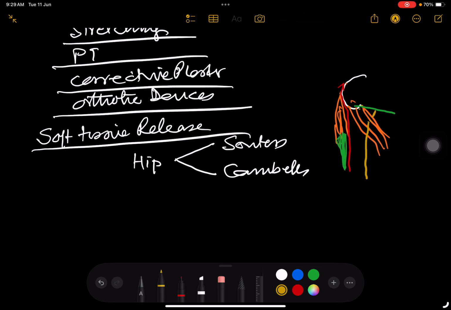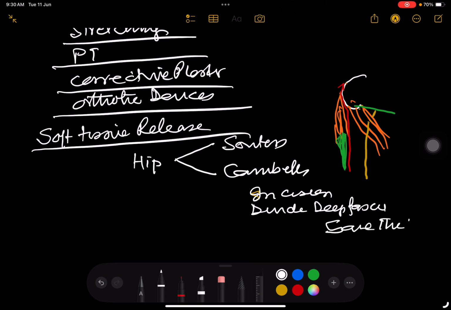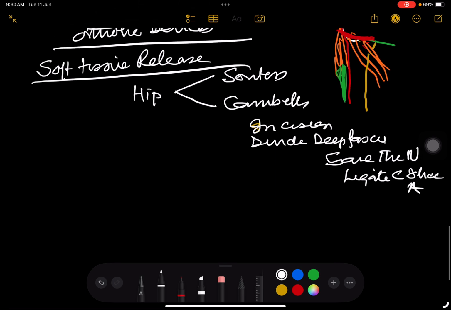Then you divide the deep fascia. Incision, okay, divide the deep fascia, save the nerve, and ligate the circumflex iliac artery. So there is a circumflex iliac artery which has to be ligated here. So ligate circumflex iliac artery. Okay. Then under this you will see